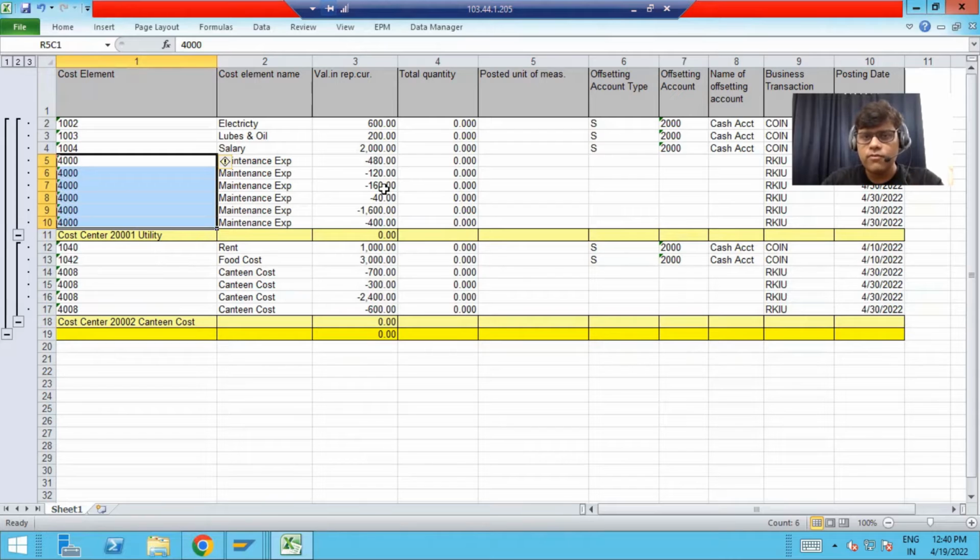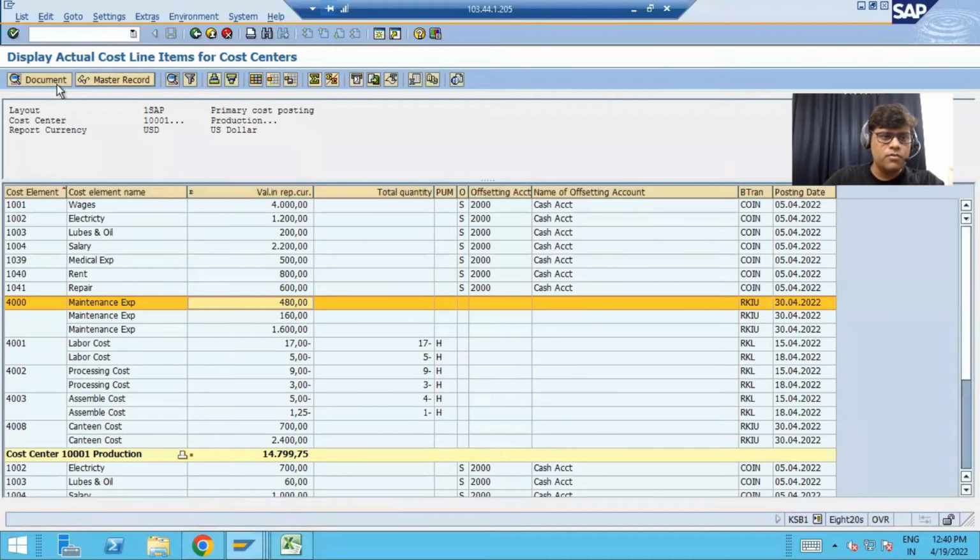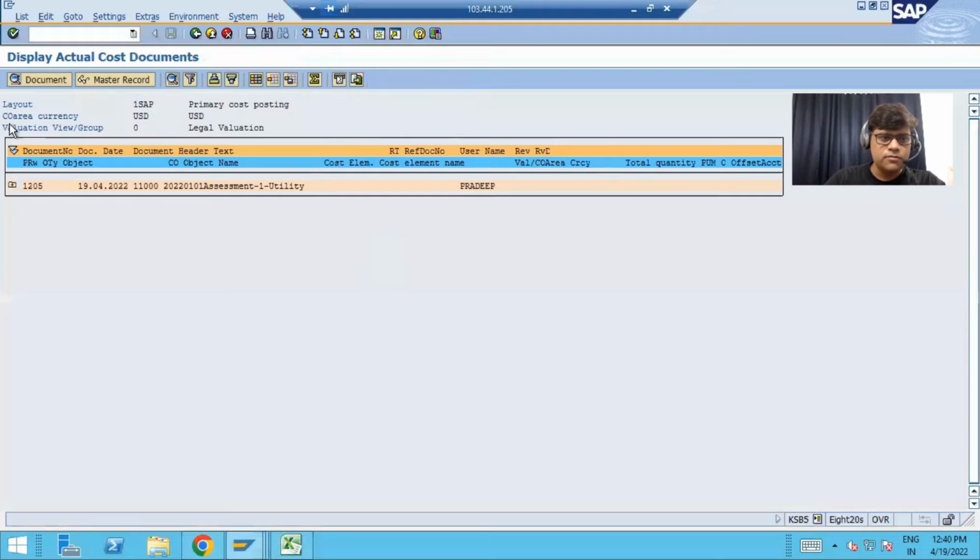I'm assuming that you are familiar with all these ECC tables. Initially the data in finance and controlling was the same. Then in month end, we allocated the cost to the production cost centers. And now this document, this internal CO document, particularly I'm talking about this document,